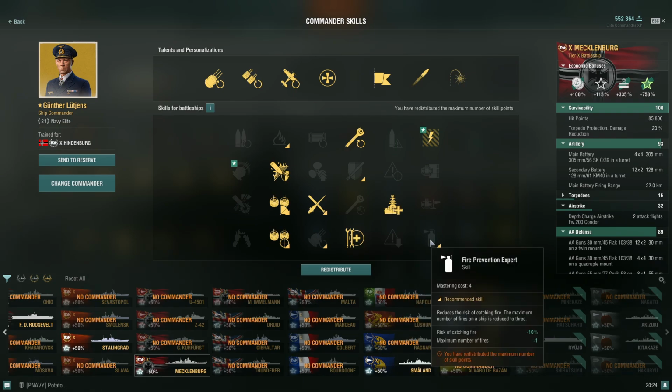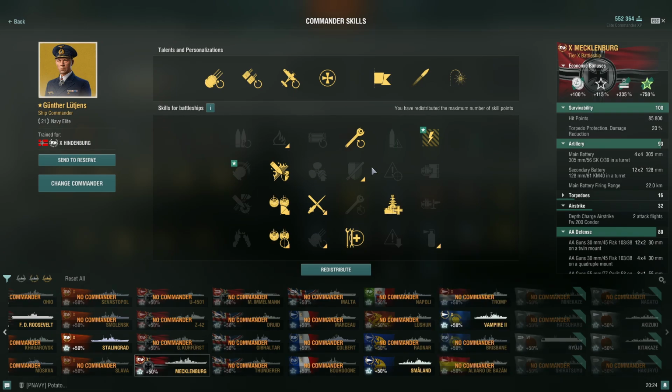I'm just not able to use the fire prevention. Well, you have damage control if you use it correctly. Well, that's the reason why I'm not going to be using fire prevention, but what I wanted to tell you about this Günther Lütjens talent is, you throw a lot of shells, so you have a really good chance in a 10-minute game to proc this talent. So you will get improved reload time even better,